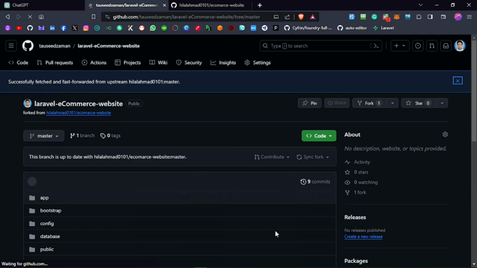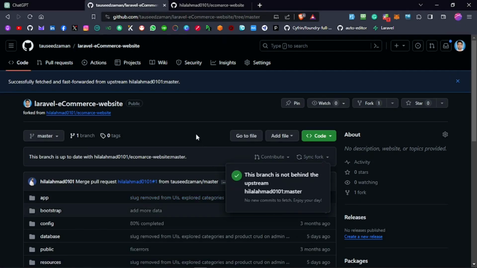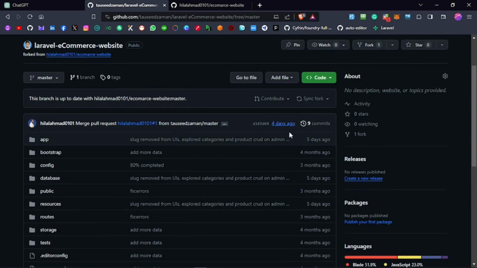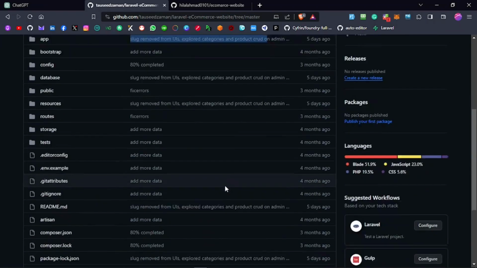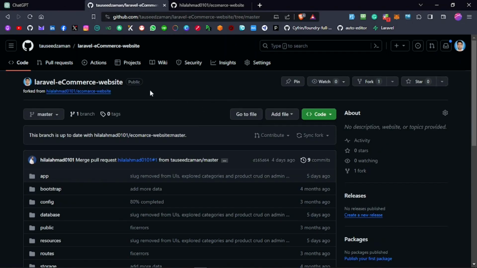Also, we can compare it. We can see the changes. Do you want to make those changes in our version or not? Now those changes are merged into ours as well, and this is now an up to date branch along with this one. So now what we can do is, if we want,